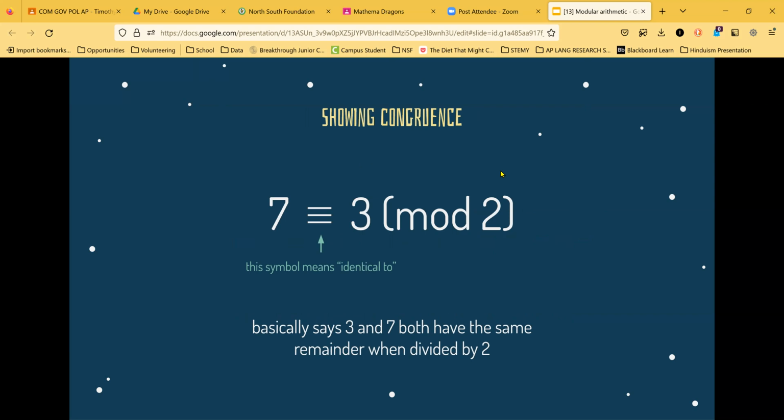So when we have this symbol, like the equal sign with 3 lines, that's congruence. That is the symbol for congruence, and it means identical to. So 7 is identical to 3 mod 2 would mean that 7 mod 2 is equal to 3 mod 2. It might look confusing because you're thinking 7 is not equal to 3 mod 2. There's no way that could be possible, but that's not what it's saying. It's saying that these two numbers, if we were to perform